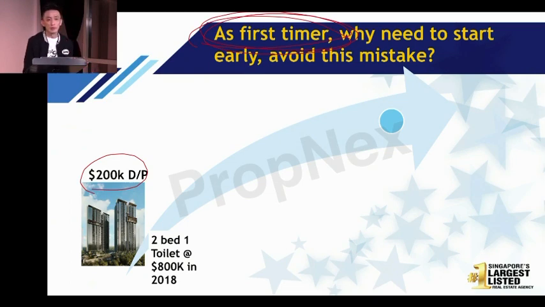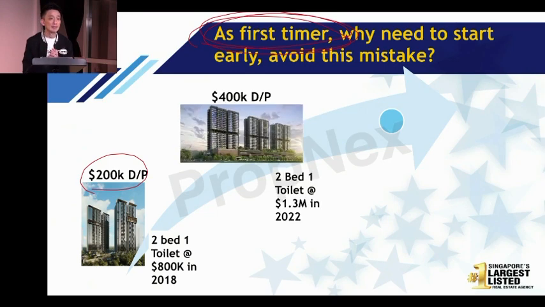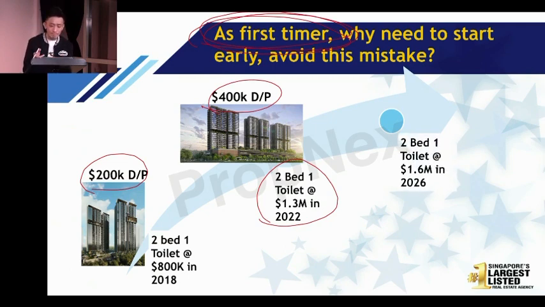So did he buy the property? He did not. What happened next? He said, Calvin, now I'm ready to buy already. I said, my friend, now a 2-bed, 1 toilet will cost you $1.3 million. And you need $400,000 now to buy this property. Then what did my friend tell me? Calvin, I think I've got to work harder now to save enough to come up with the $400,000. So I said, then how long are you going to wait again? Can you imagine another 3-4 years, what would the price be? It can be $1.6 million down the road already.